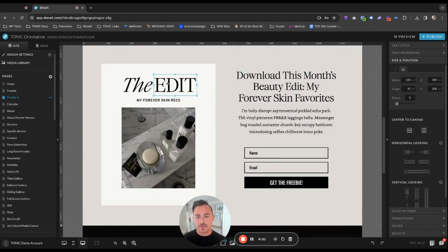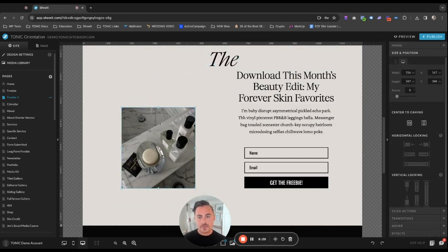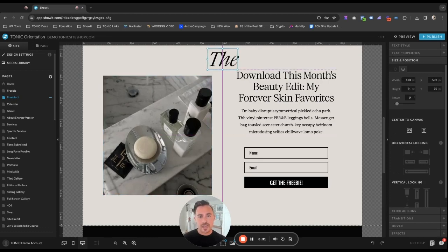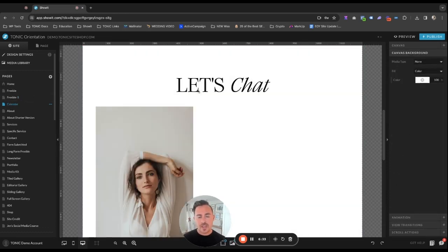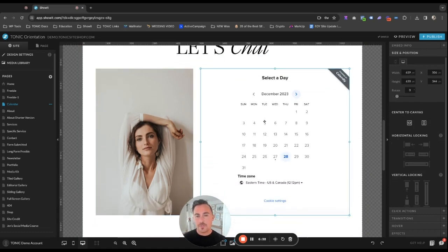And then now you can go and you can edit this page and make it look different. And it's a whole new page for you. So this is basically how I did this calendar page. I just kept let's chat. I added an image, and then this is an embed code box, which again, I will show you later on